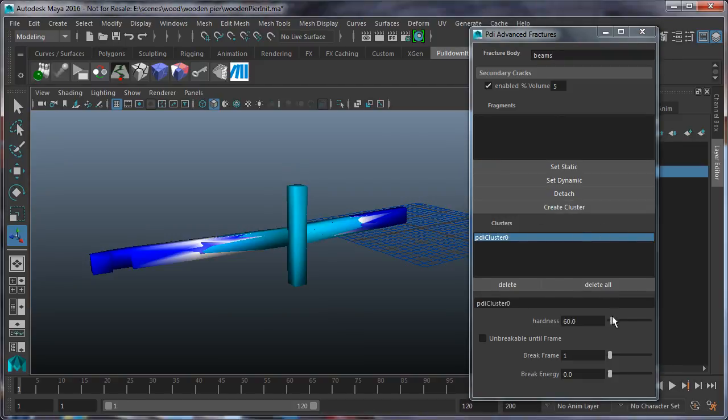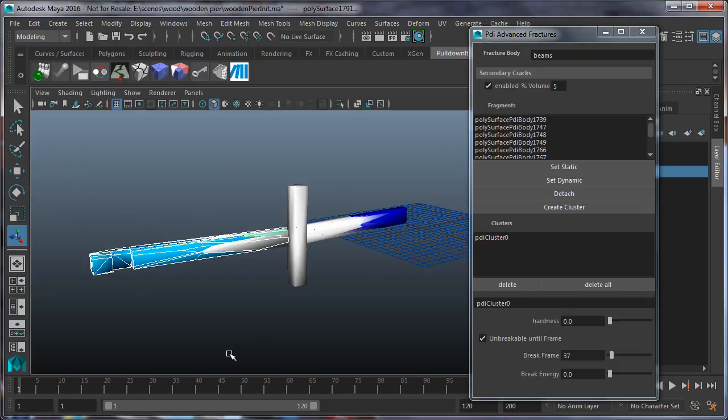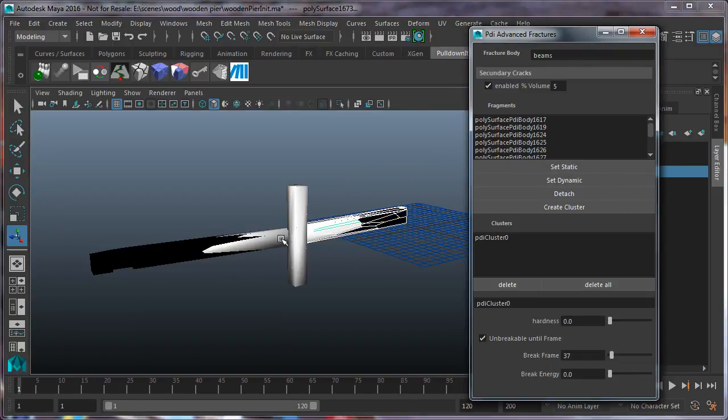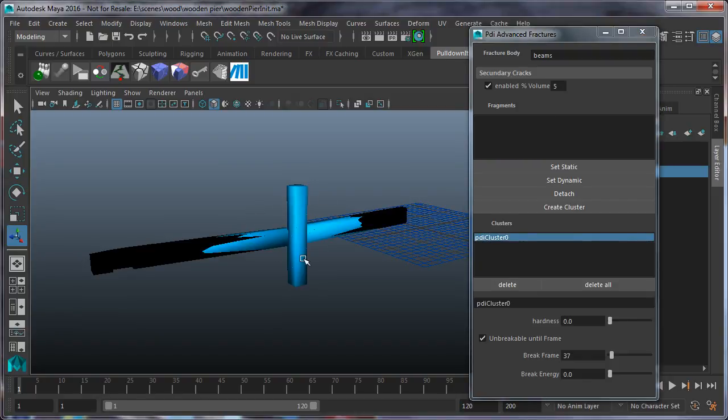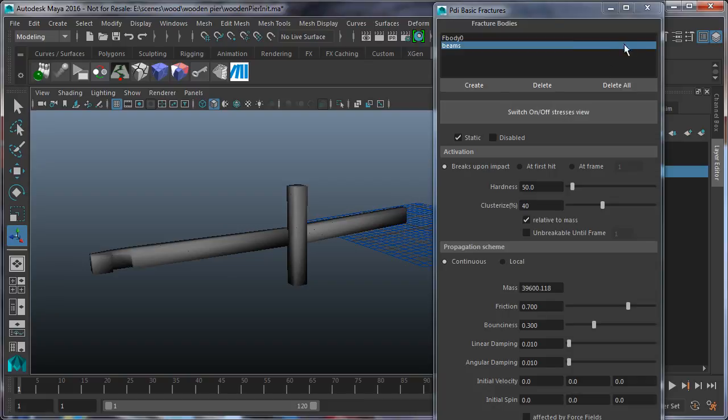Now the cluster has been created, and we have to set its hardness to 0 to make sure it breaks completely, and also in unbreakable until frame, set the frame at 37 to start breaking. For the rest of the object, we have to set those parts as static. They are black. That means those objects will collide but don't move at all in dynamics. So this is our result cluster, which is going to break in frame 55, and the rest of the beam should stand